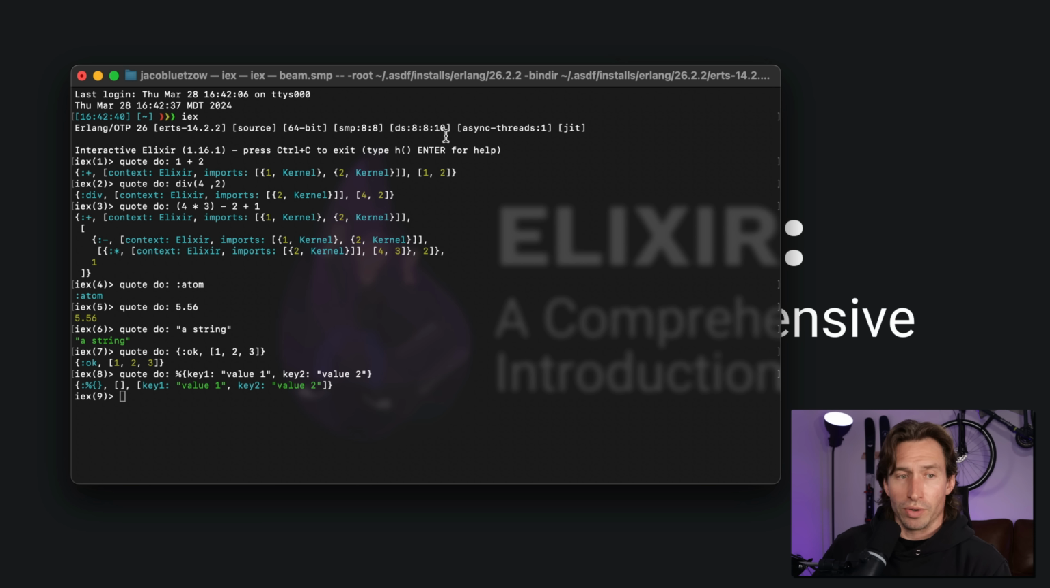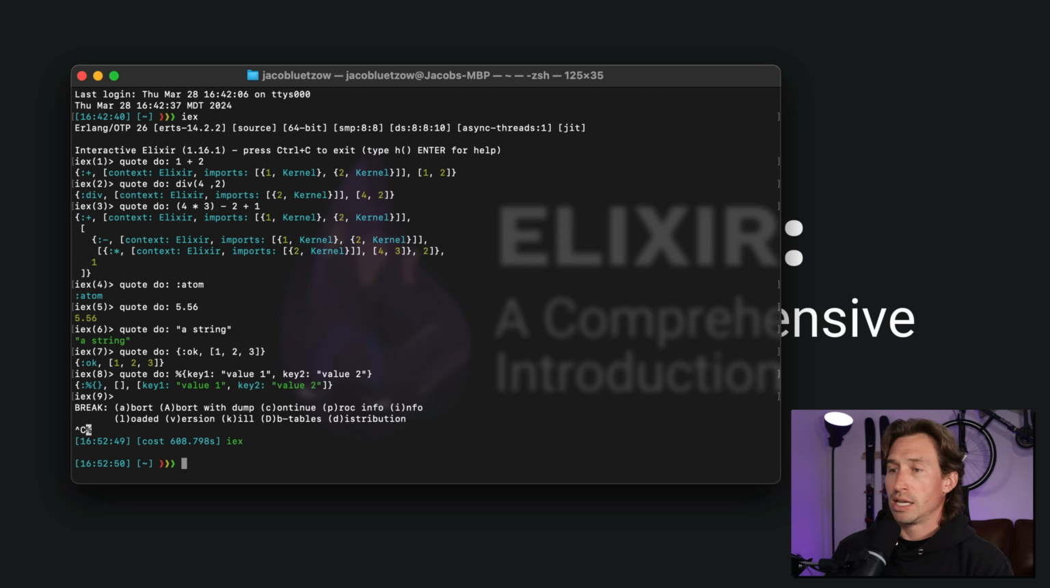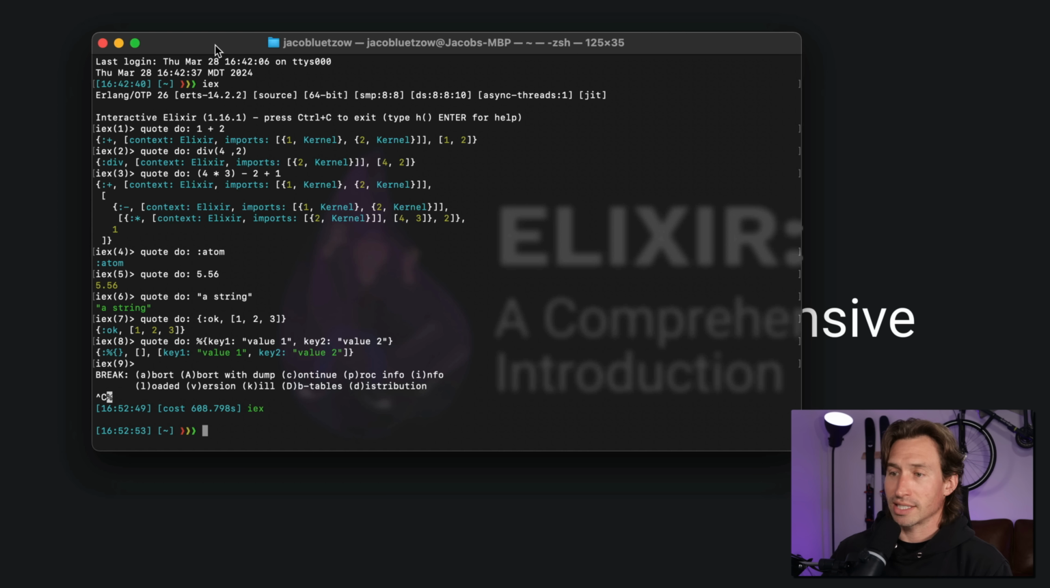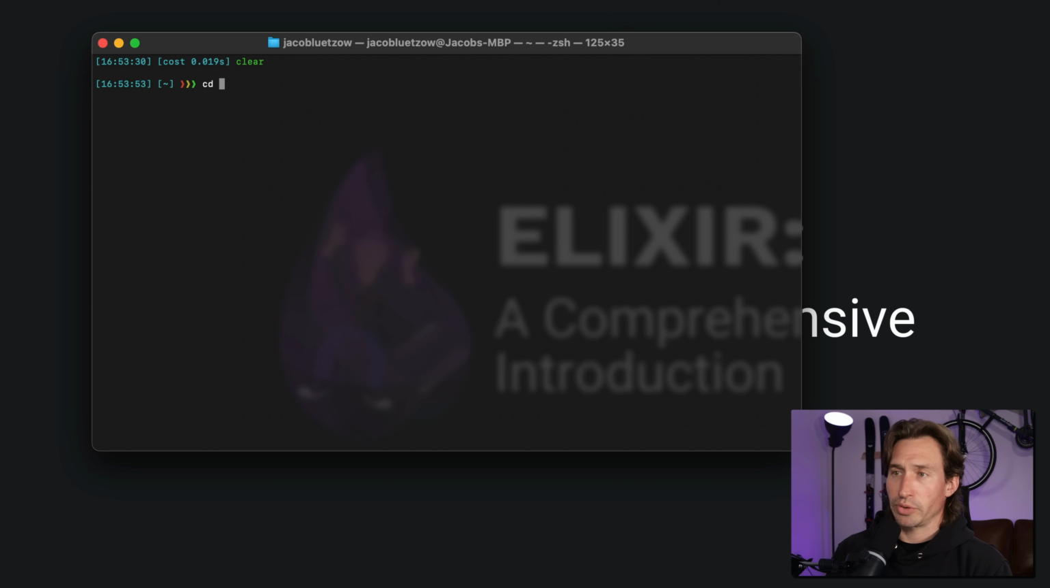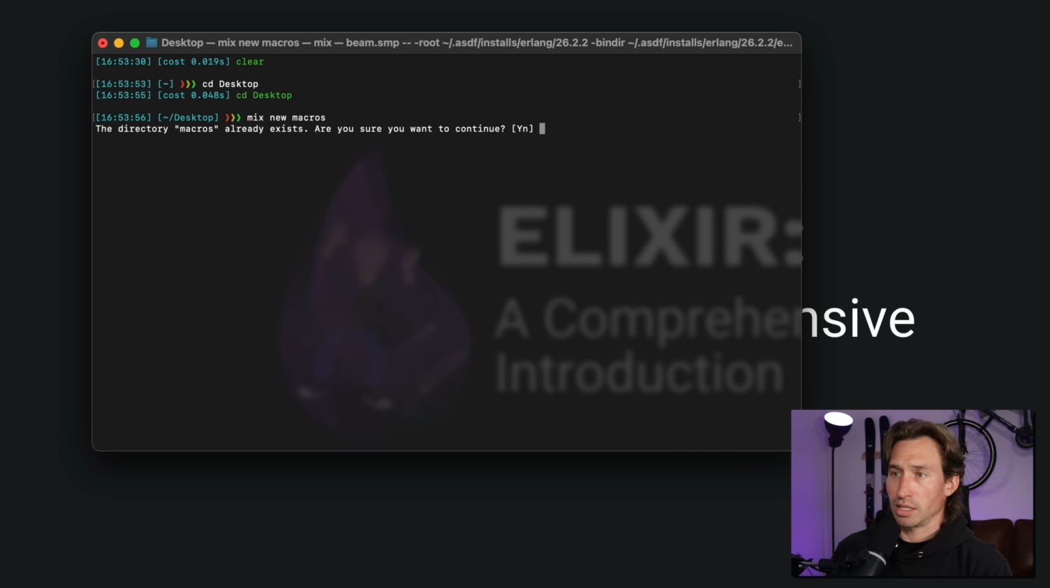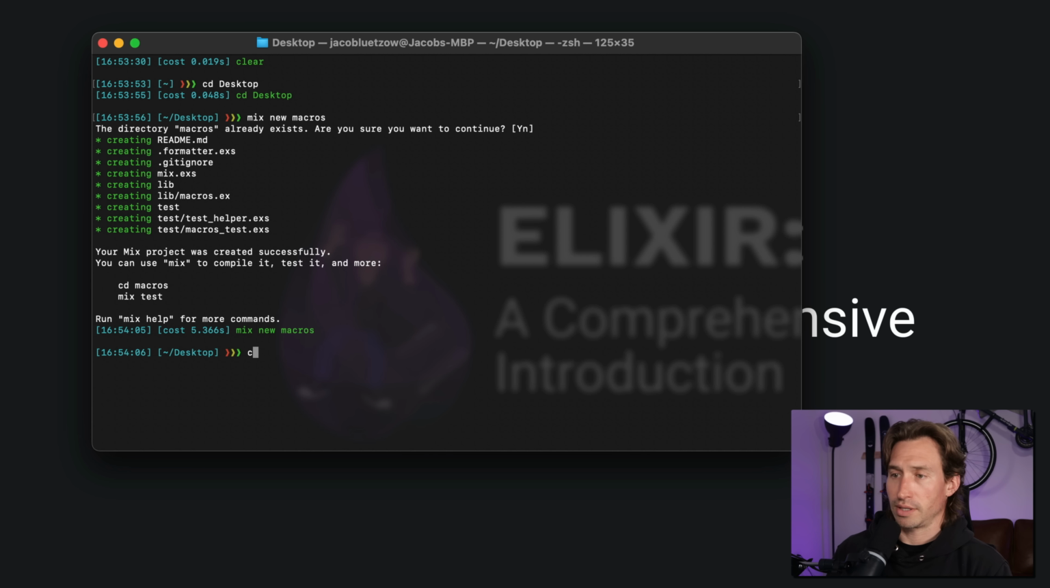So we've learned that quote is used to generate an AST. What does unquote do? Because I'm sure just writing code, you've seen quote and unquote used a lot, and you probably don't understand them. So go ahead and Control-C twice to close out of our IEx shell. All right, and I'm just going to cd to my desktop and create a new project. So mix new, and we'll call it macros. It already exists. Yeah, let's go ahead and cd into that project,